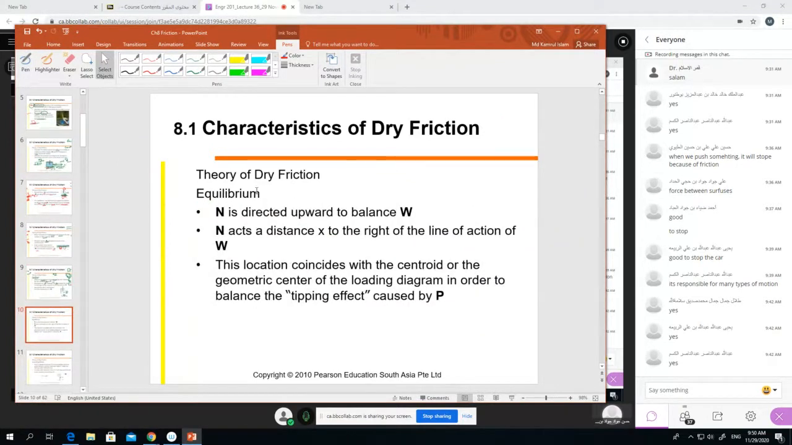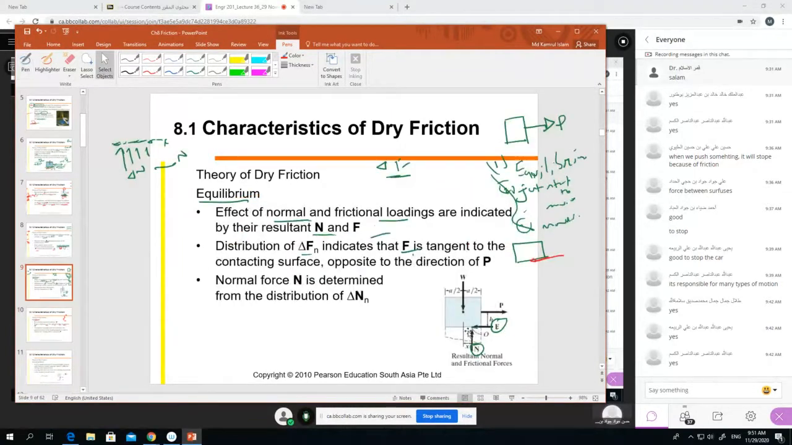Now what is happening? We have N working upward to balance W. We already know this. So for equilibrium, N acts at a distance x with respect to the line of action of W. You see, N works at distance x. The N force, the resistance force, can work there. To understand, this is W, and it works at the middle. Now when you push,